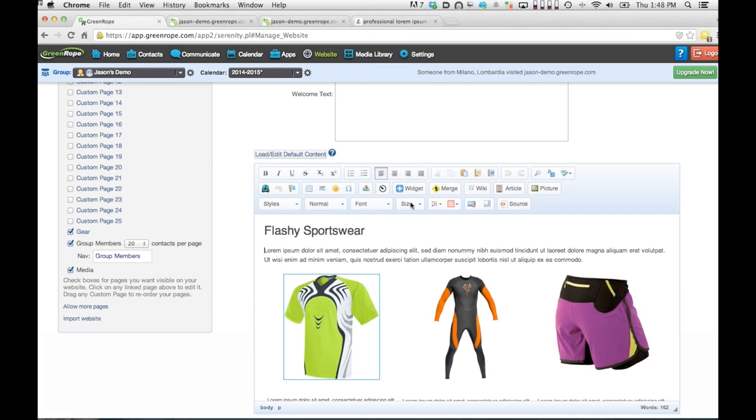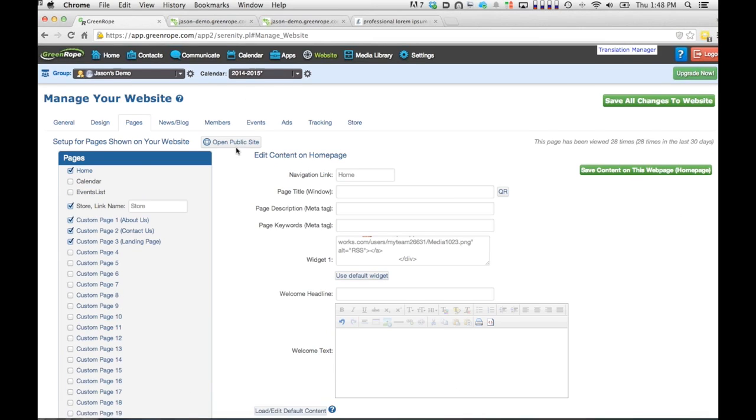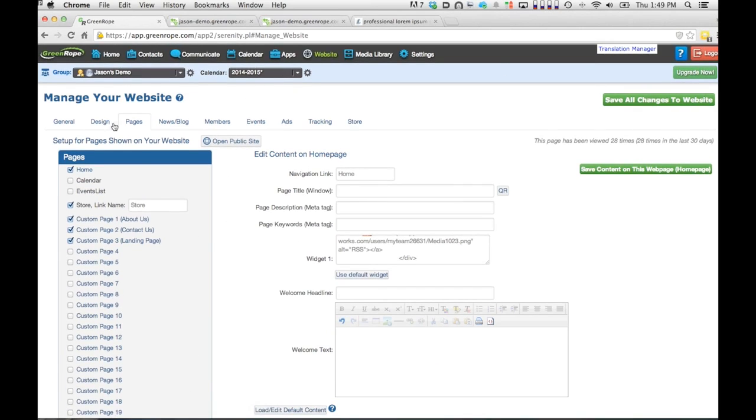So the next question was from Daniel, specifically about the widget 1 space that you showed earlier. Like I said, that widget 1 was there because it's in the actual template. And by the way, for any of you out there that do understand HTML, all of our templates are available for you to download, and you can edit the HTML code for those. And what I'll do is show you